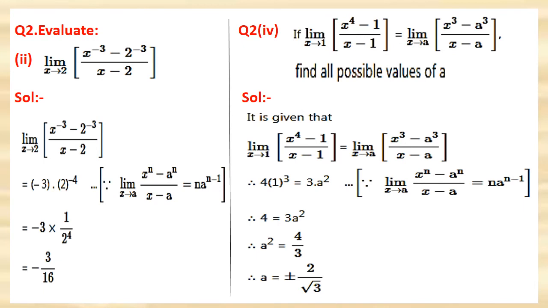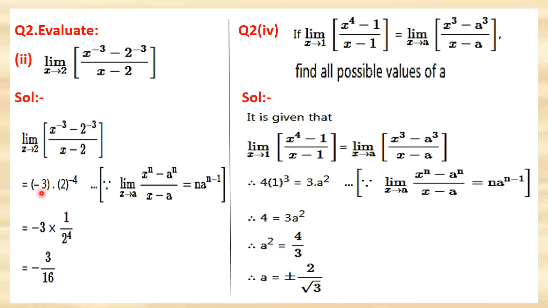Question number 2, second one. Evaluate limit x tends to 2, x raised to minus 3 minus 2 raised to minus 3 upon x minus 2. This is of the form x raised to n minus a raised to n upon x minus a. So we can apply the theorem here where n is a negative number. So limit x tends to 2 of x raised to minus 3 minus 2 raised to minus 3 upon x minus 2